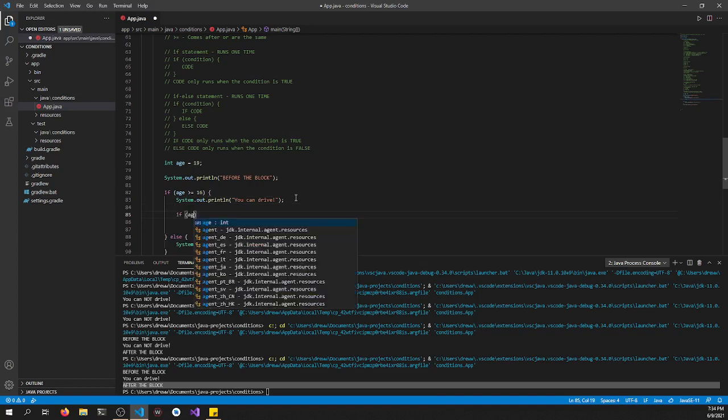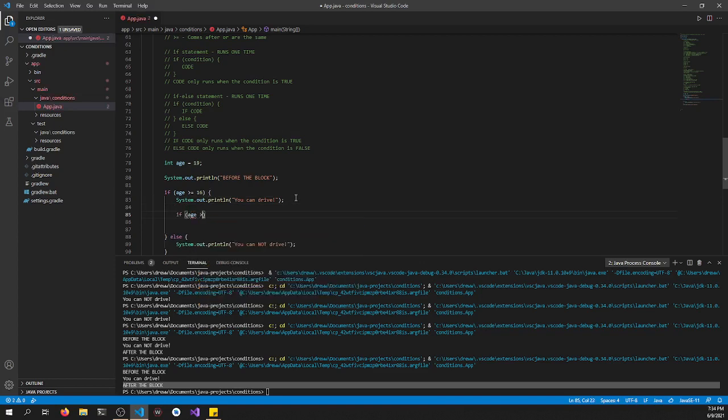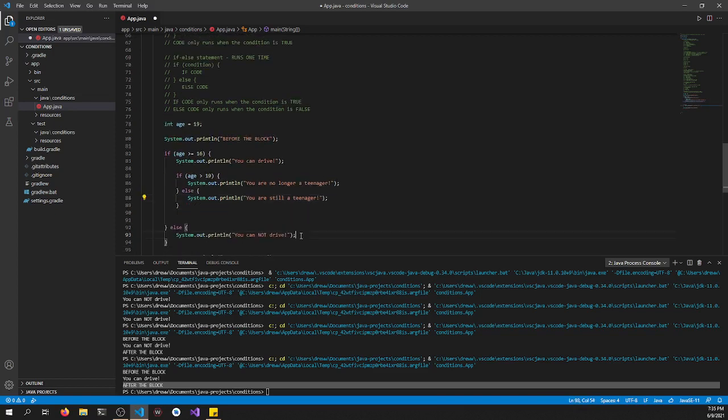So I can say if age is greater than 19, we can throw in, like last time where we said, you are no longer a teenager. And we can put an else in here where we can say about the same thing. We can just say you are still a teenager. And we can put